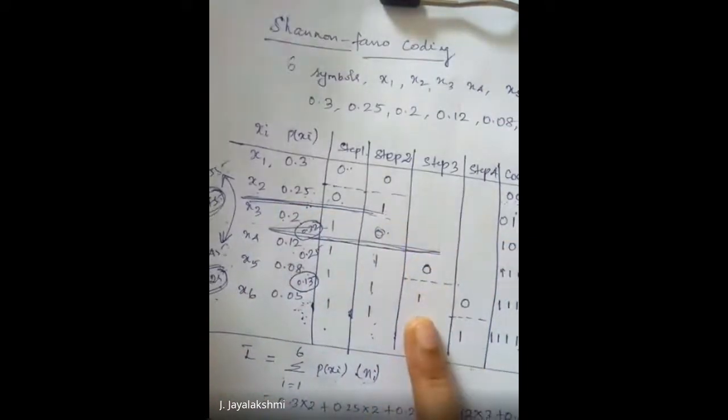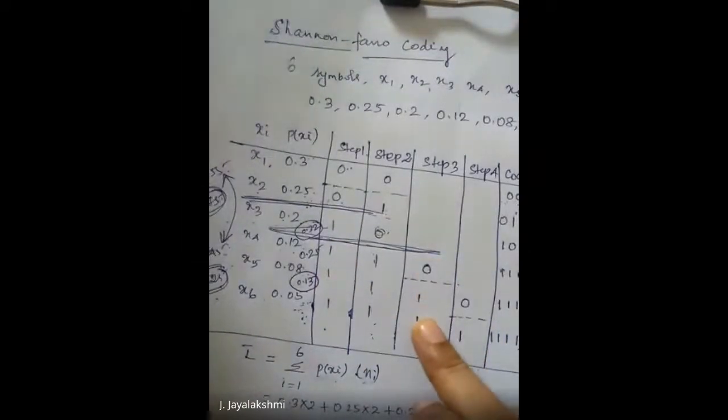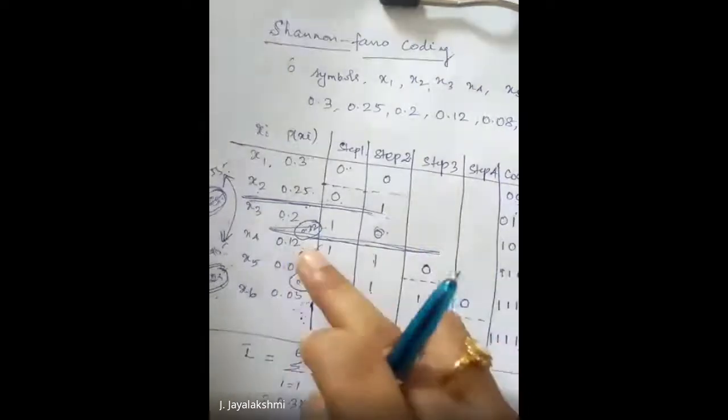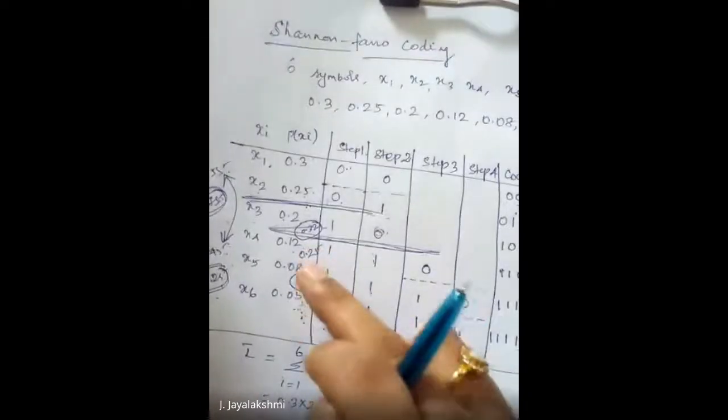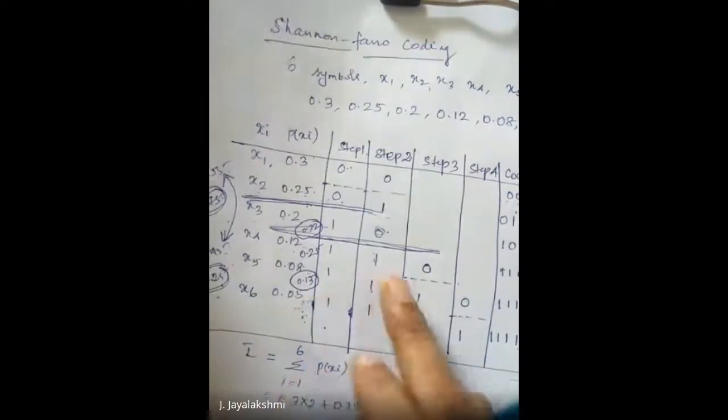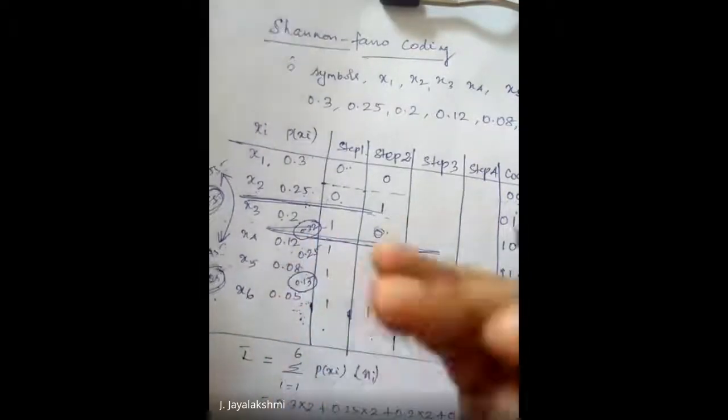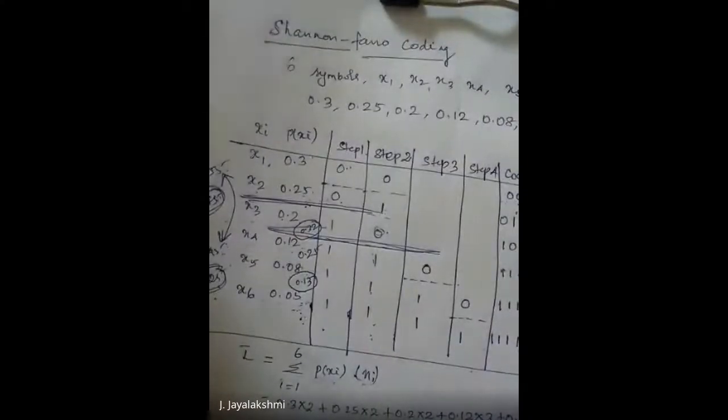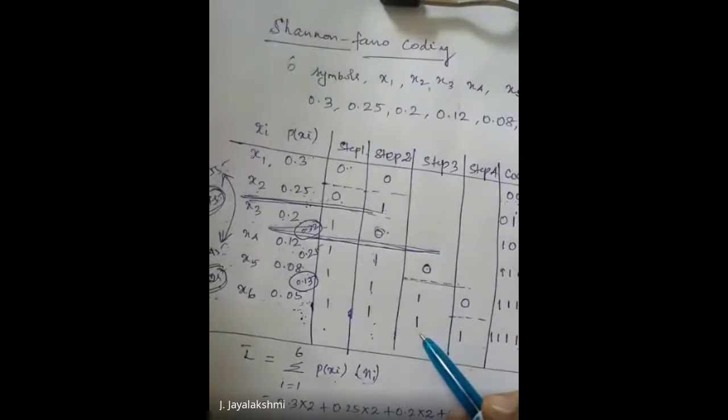And come to the third step. You have got three symbols. Further you can partition that. How you are going to partition it? One is 0.12. And this if you add it is 0.13. So one is 0.12 and one is 0.13. So the difference is 0.01 only. So almost they are equiprobable. So I am splitting this into these two halves. So assign 0 over here and 1, 1 over here. Further, no partition is possible here in this case.